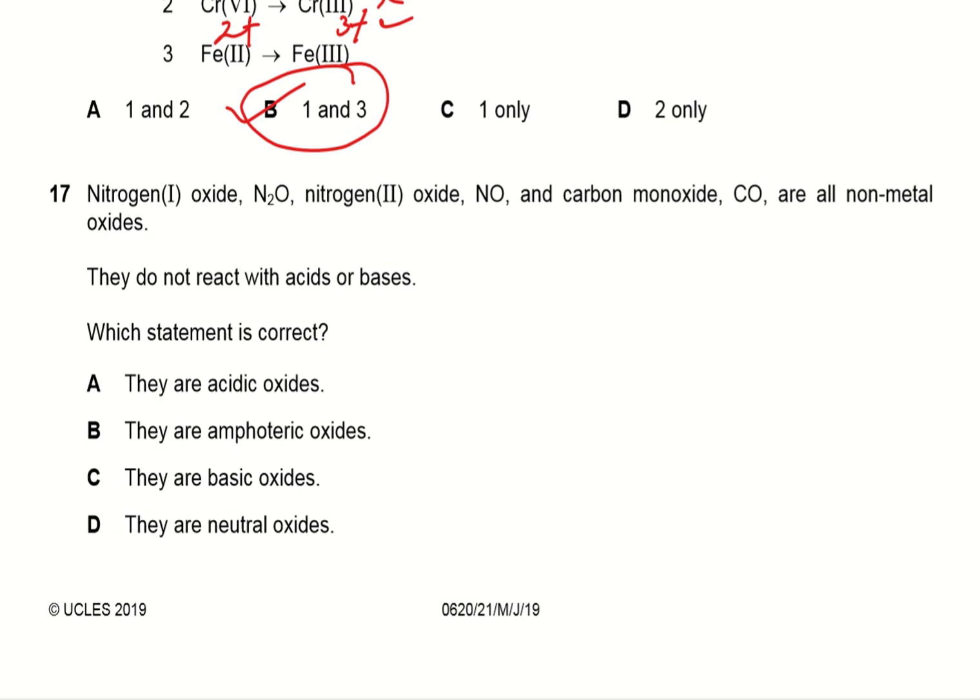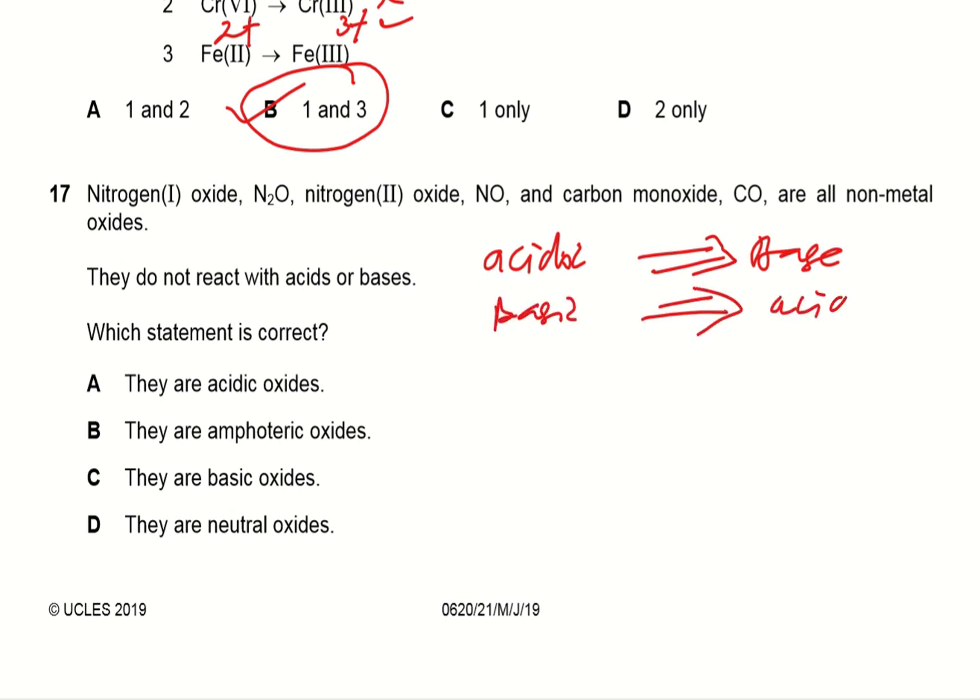Okay, so if an oxide is an acidic oxide, it will react with what? With base. A basic oxide will react with what? An acid. An amphoteric oxide is an oxide that has both basic and what? Acidic properties. So an amphoteric oxide will react with both